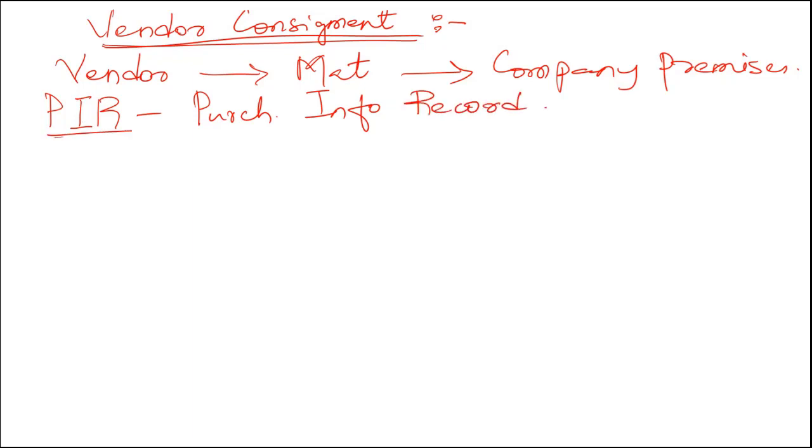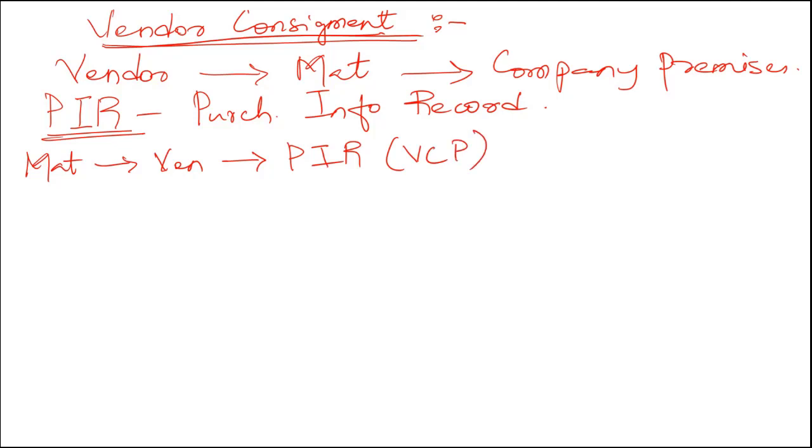Okay. So when you are going to do the vendor consignment process, the prerequisites are: one, you need material, then you need vendor. Then you need to go with PIR. In the PIR, you need to select the vendor consignment process. I will tell you. I'm just trying to make you understand this concept. So once you maintain the master data,